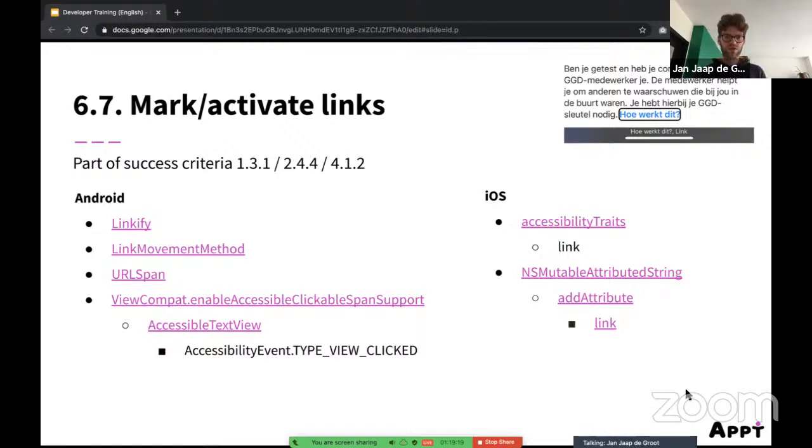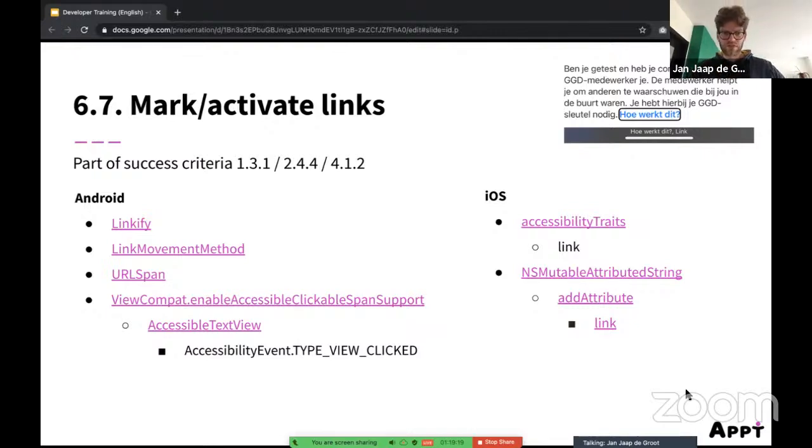So what happens a lot of times on Android, but also on iOS, is that a link is embedded in a piece of text. So you can click on it using touch, but a lot of times with a screen reader, or for example voice control or any other assistive technology, you're not able to touch this item because you do not use touch, you use a different kind of interaction. So you need to make sure that users can navigate to the links and activate them. So it's quite difficult on Android to do this.